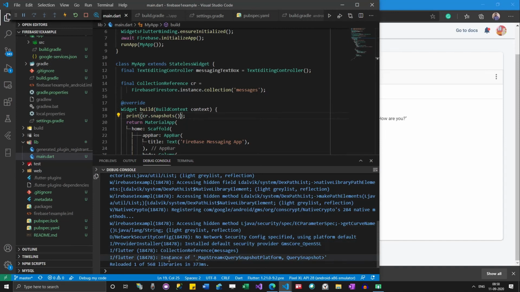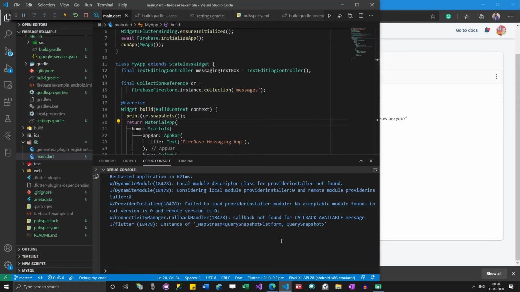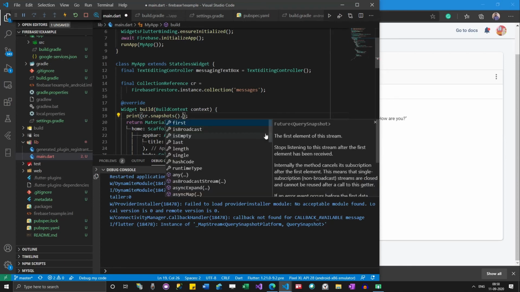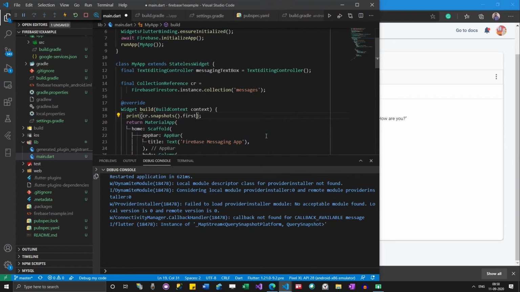So now it is slightly different. It says instance of something. Okay, let's see what's there.